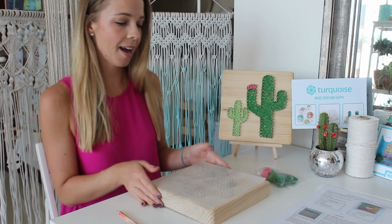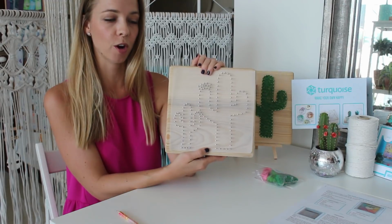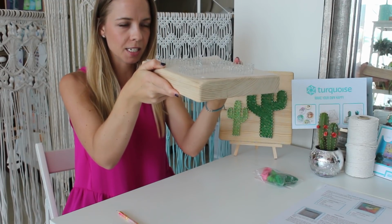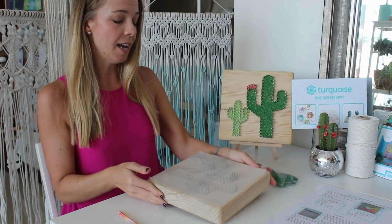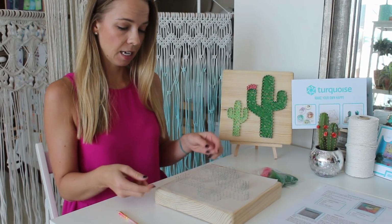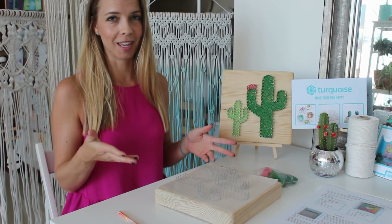Okay, so I have finished nailing in my pattern for the cacti, and I'm really excited. It looks really good so far. I've checked to make sure that they seem to be relatively all the same height, and I feel pretty good about it. And now we can start talking about what we do once you're all finished with the nails. Basically, you need to remove this piece of vellum paper,